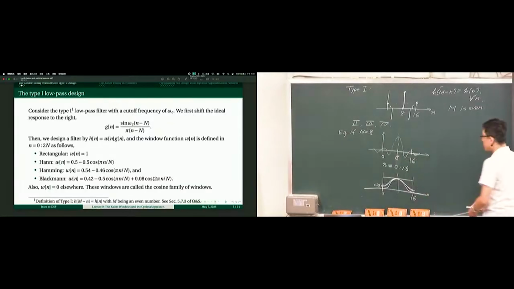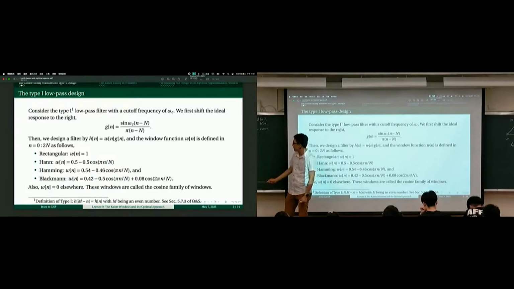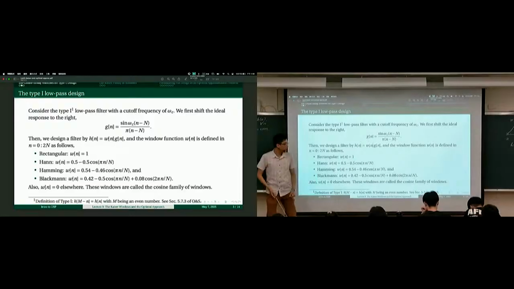Now, since our window is symmetric around time 8, and the ideal response after shifting is also symmetric around time 8, we can very reasonably take the middle part by multiplying the ideal response with the window in the time domain, sample by sample, right? It makes sense. Just keep the middle aligned. Align them, then do the multiplication. Okay. Now, after multiplication, you have a finite